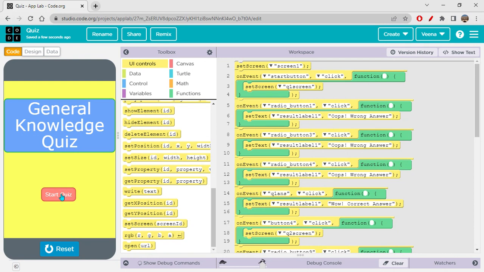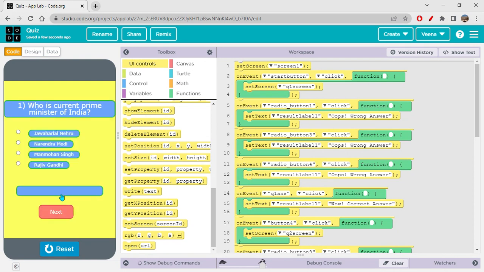When I say start quiz, yeah, it is going to the next question. So if I click on the wrong answer, Jawaharlal Nehru, it is saying oops, wrong, right? So I think the text is so big. So let's just remove